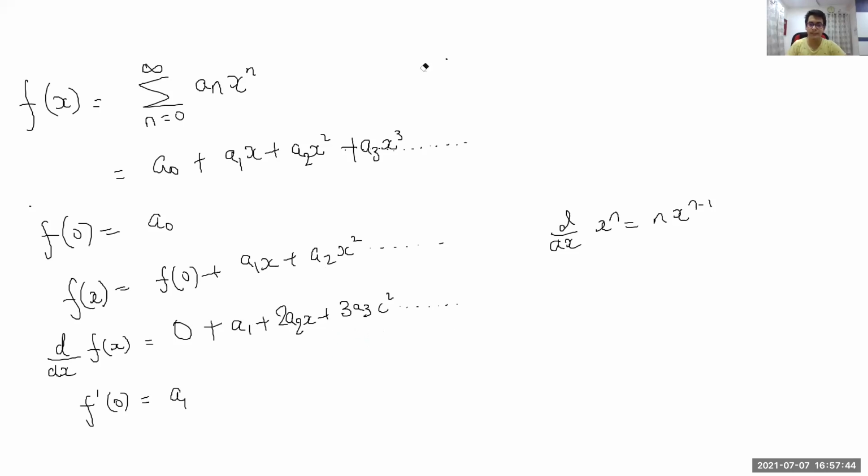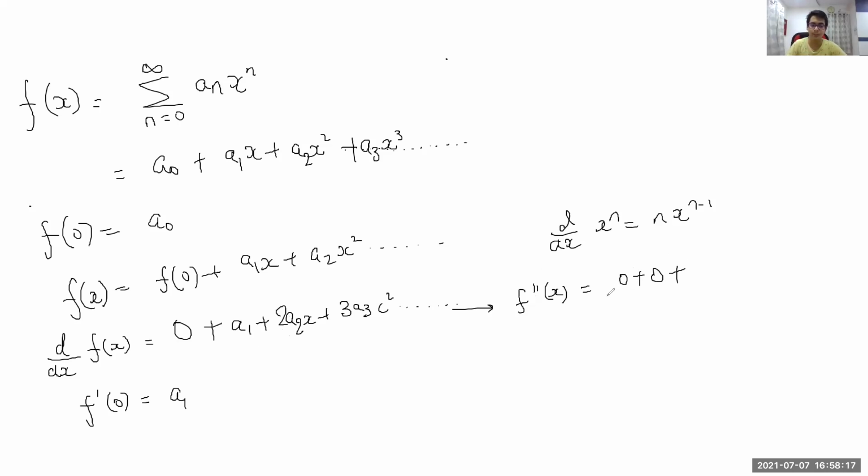So in a similar way, we're just going to keep on differentiating. Let's just do one last one. Now if we differentiate this again, we get that the second derivative of f of x is just 0 differentiated is just 0, a1. Now a1 is also a constant. Remember, all these coefficients are just real numbers, right? So when you differentiate them with respect to x, which is a variable, you will get 0. So that's also going to be 0.